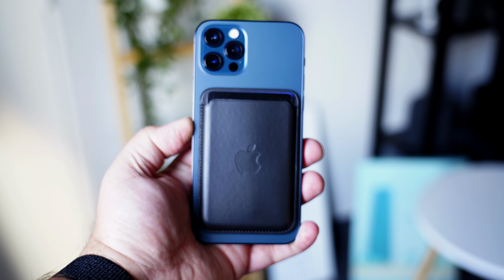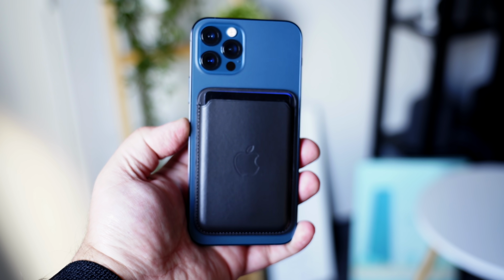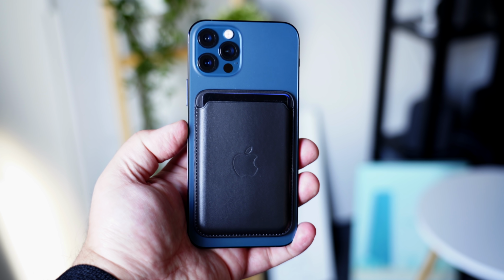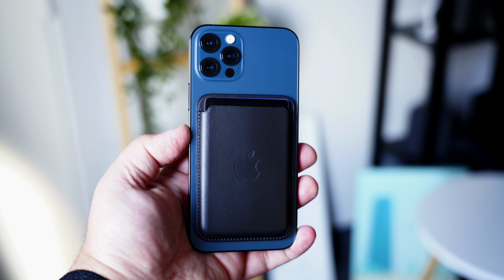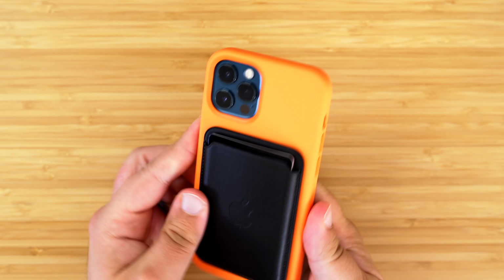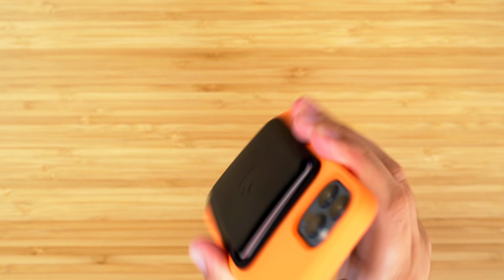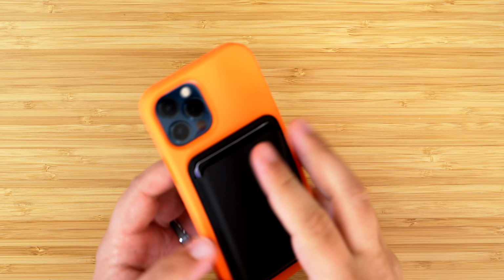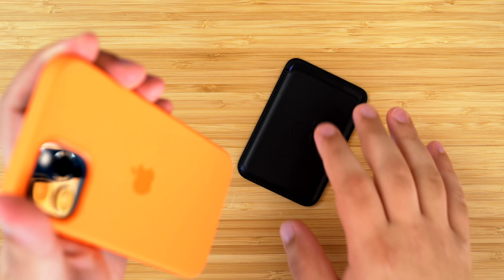I do want to point out that with the wallet attached, the iPhone does become a bit more comfortable and grippy to hold in the hand. There is some added bulk, but I didn't really mind the wallet on the back of the phone. I actually thought it was kind of nice. The magnet strength for the wallet is perfectly fine when it comes to maybe shaking your phone as hard as you can. The wallet didn't budge for me one time. Tapping it with my hand a few times, well, that caused it to easily fall off,